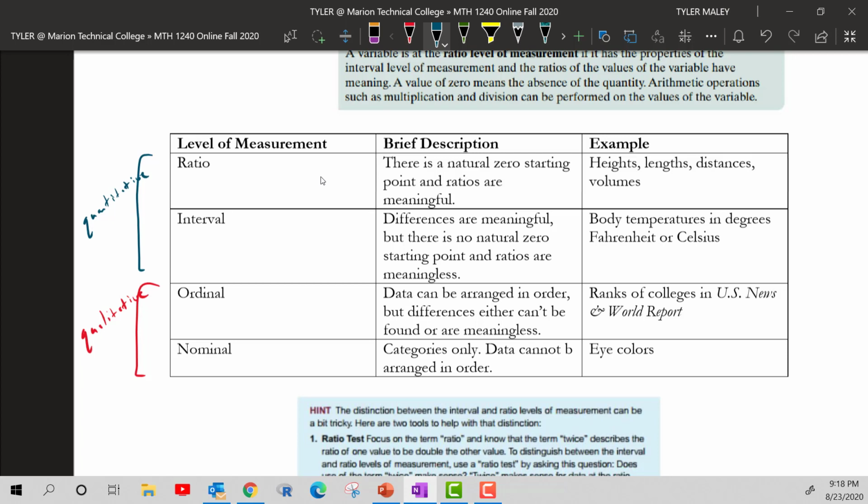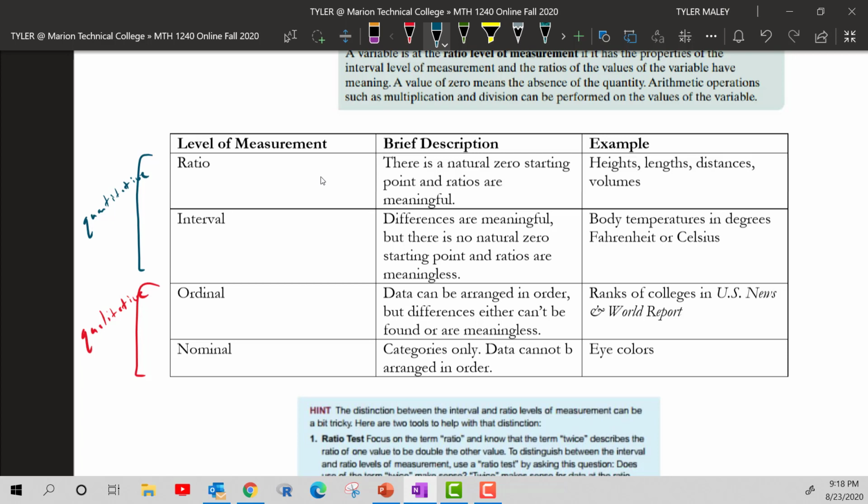However, with nominal, there's no order, right? So really the difference between nominal and ordinal: if you have a qualitative situation, ask yourself, does order make sense here? If it does, it's ordinal. If it doesn't, it's nominal, right? Not too crazy. Now, understanding the difference between ratio and interval